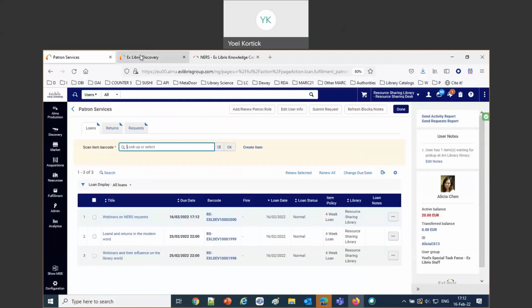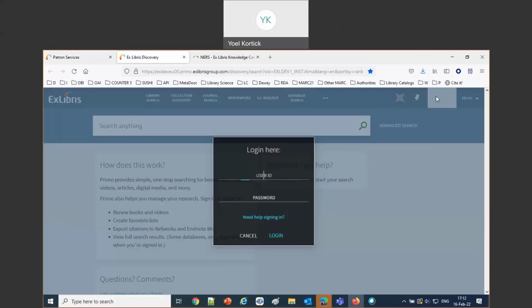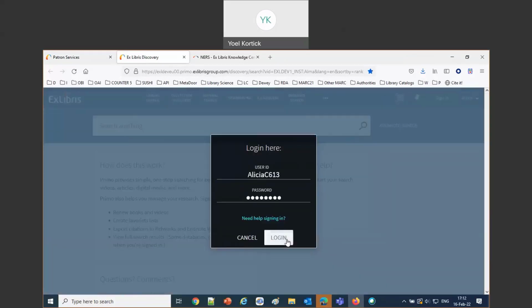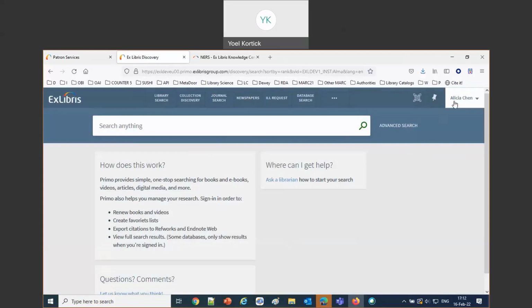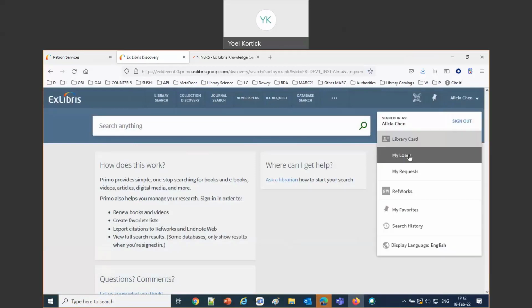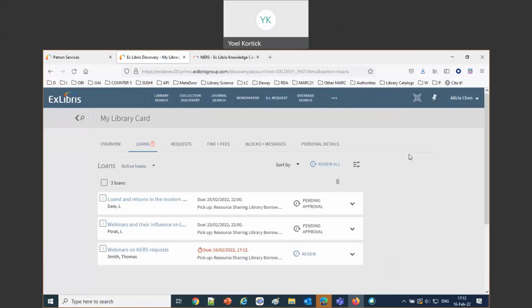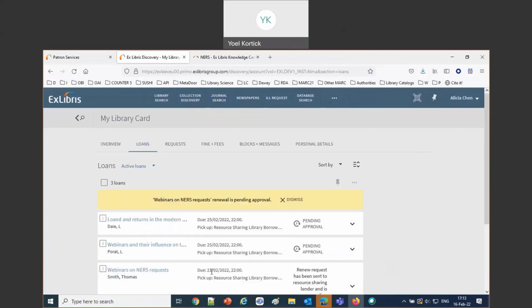Now the patron logs into Primo, signs in, and logs in. And she goes to her library card or directly to the loans, sees the item here, which is due. This is webinars on NERS requests. It has an option to renew, she renews it, and now it's due the 21st. It's due the 21st because we had 5 days in the resource sharing library in the extend